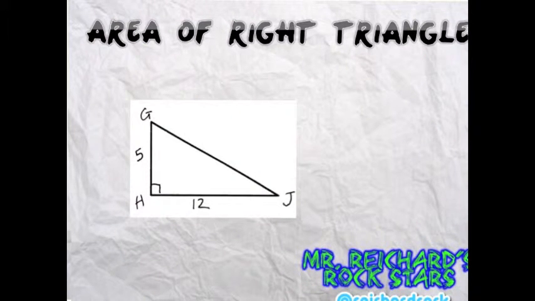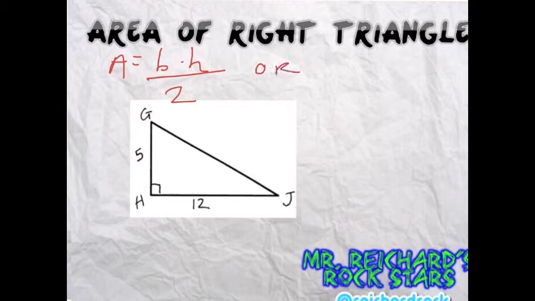Here I already have some of the measurements put in, guys. You can pause the video at this time if you actually want to try this on your own. Let me write the formula in another way this time. Let's just say base times height divided by 2. Or it could be area equals 1/2 base times height. It's essentially the same thing. So if I plug that in,